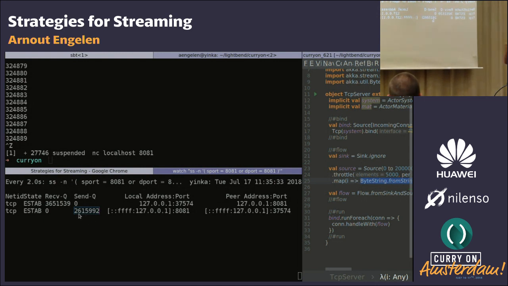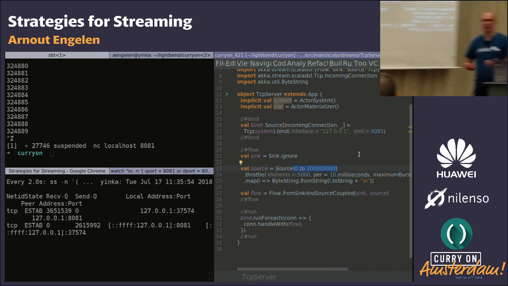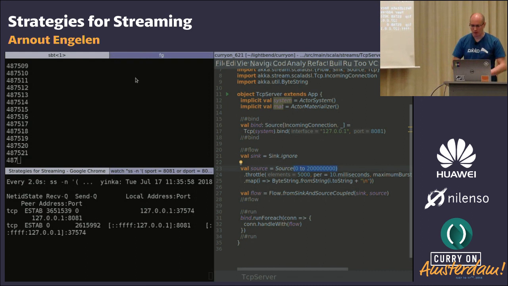The nice thing about having back pressure all the way is that the send queue increasing means Akka Streams will stop sending demand upstream. In our case it's just a mock source which produces numbers, but whatever is producing data will stop producing until we continue reading, and then you'll see the queues go to 0 again.